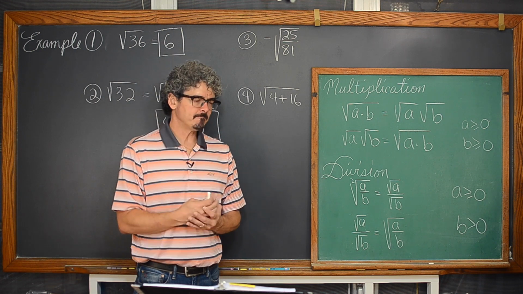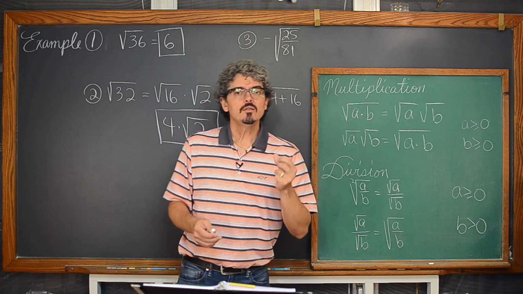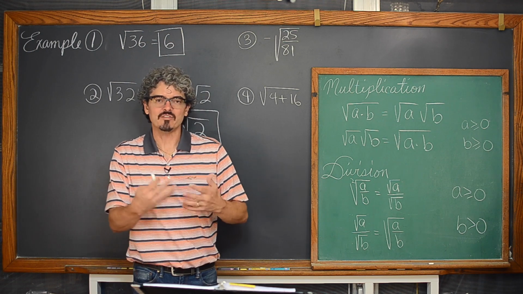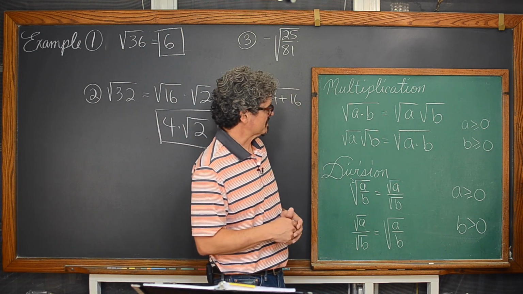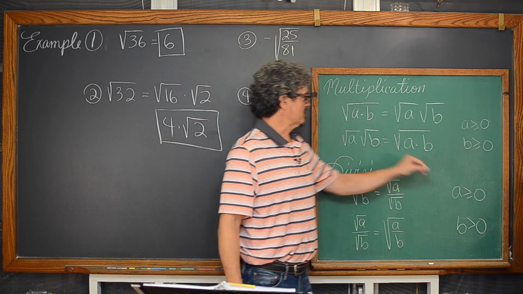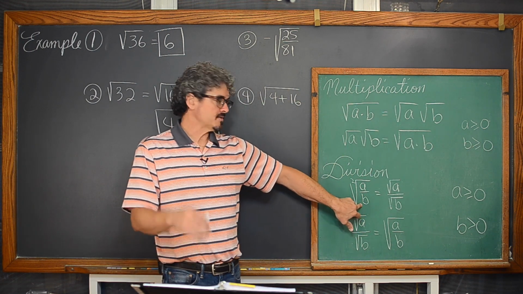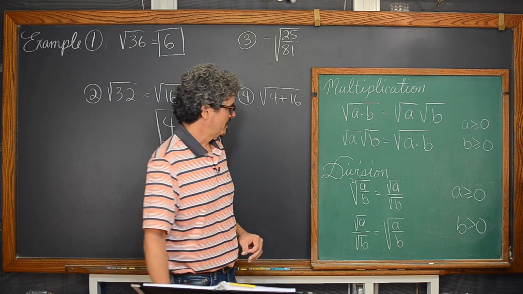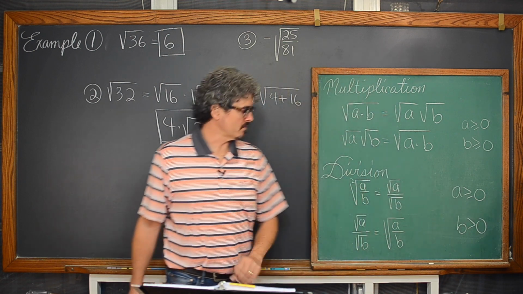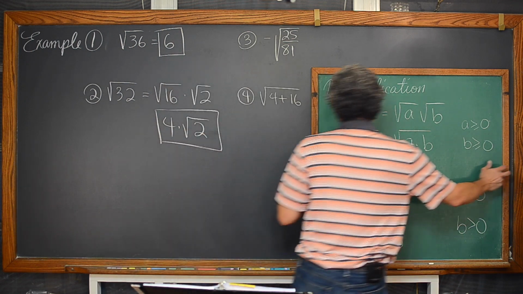We're specifically in this lesson just talking about square roots, which is an even root. You cannot take an even root of a negative number, unless you want to be involving imaginary numbers, which is beyond the scope of this lesson. So for these multiplication properties of square roots, we need to assume that the numbers inside these radicals are greater than or equal to 0. And because you cannot divide by 0, for this property we have to assume the numerator is some value greater than or equal to 0, and the denominator is greater than 0, because you can't, again, divide by 0.